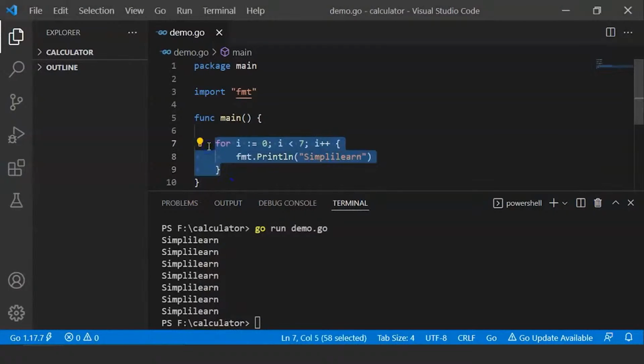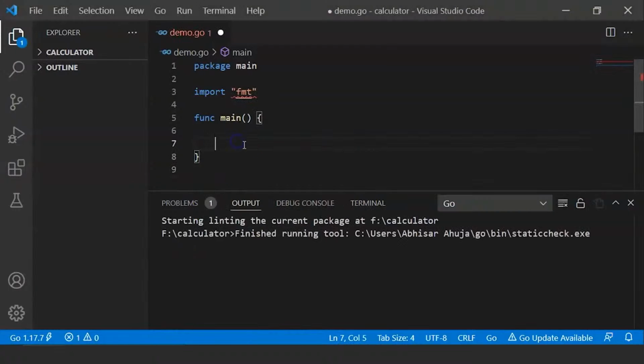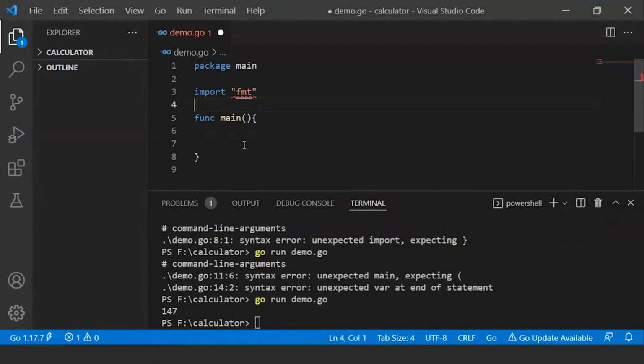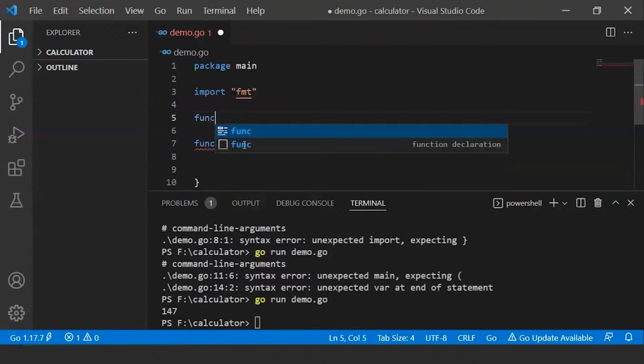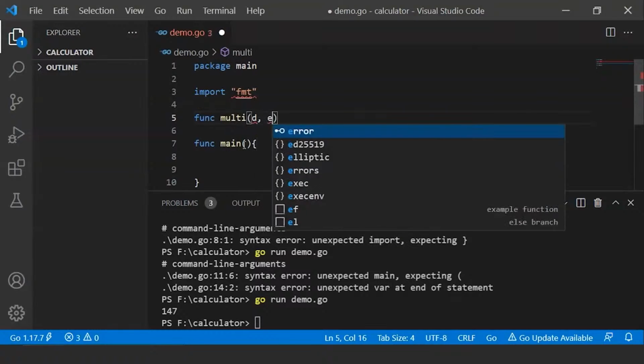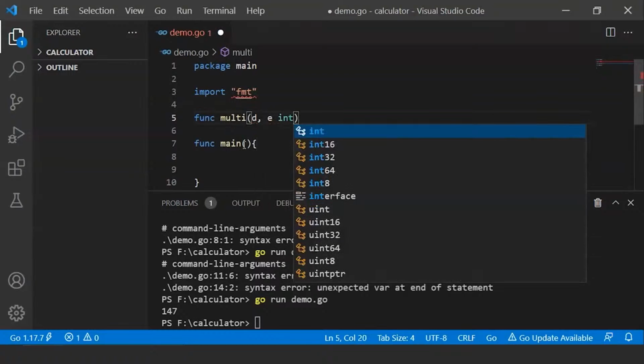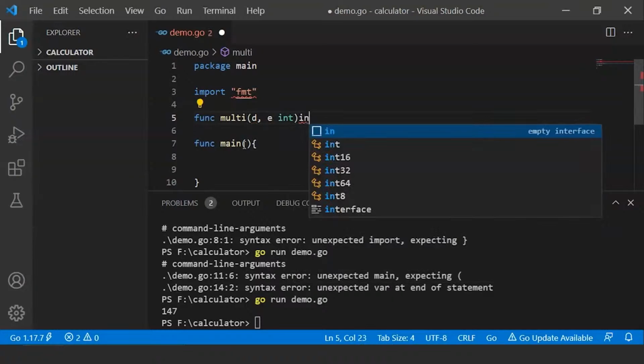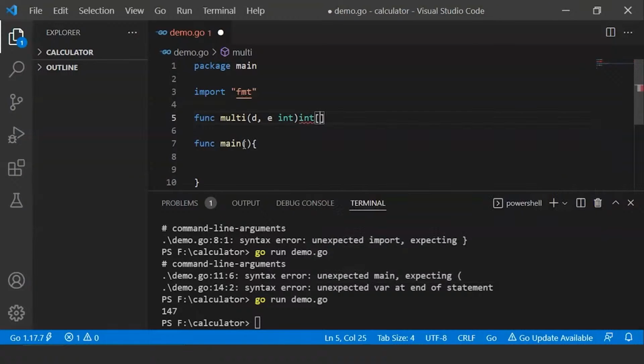and we'll erase this for loop. Now we'll declare a multiplication function outside the main function. Here, first we'll write the func keyword, then the name of the function, that we will write multi, and then we'll pass the arguments t, e and assign their data type and the return type of the function, and then we'll start with the curly braces,